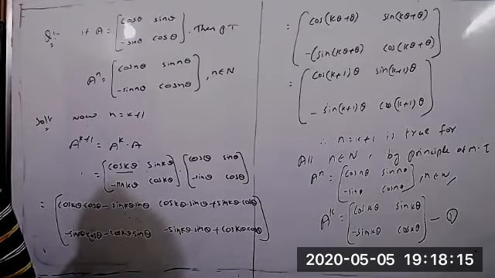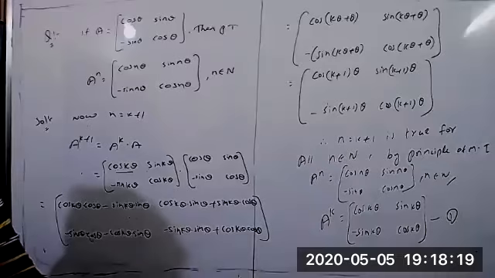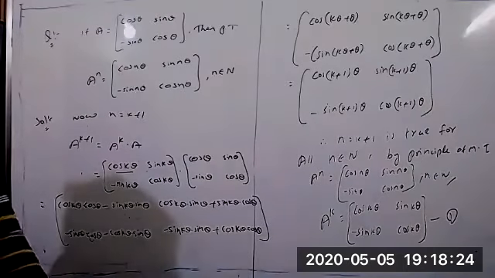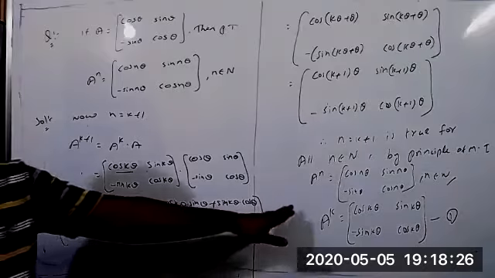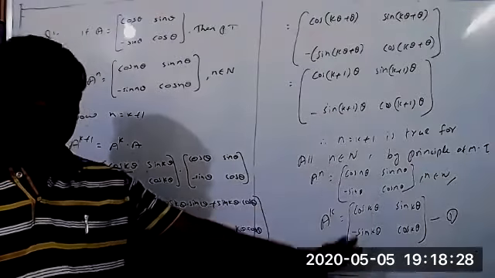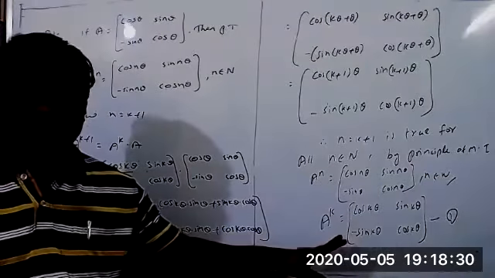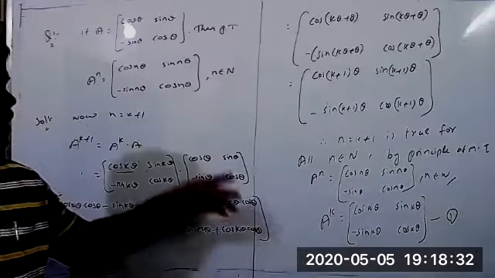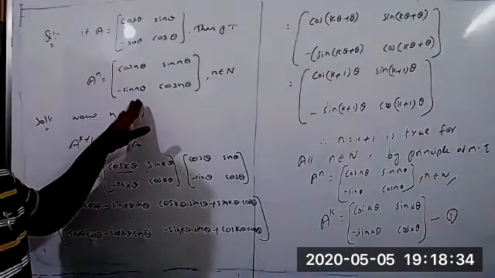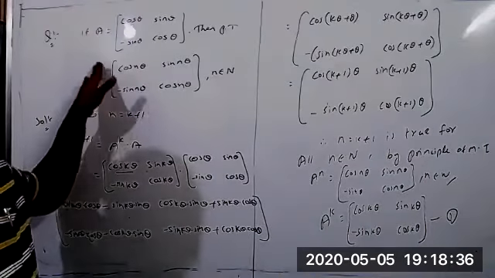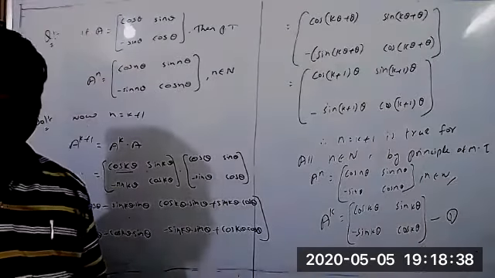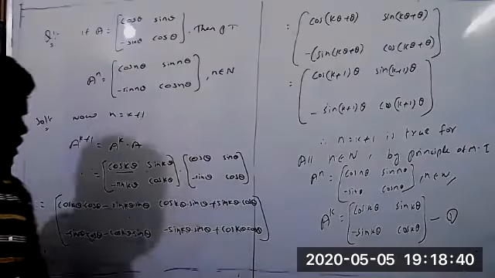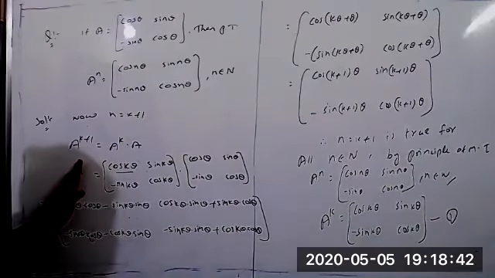Understood? Yes, sir. You already learned mathematical induction last year, and there you did the same thing. But you should remember that up to n equal to k is very easy because there is no calculation, nothing. We are just writing n equal to 1 directly. In this problem, matrix only n equal to 1 one time, we are substituting directly. So in this problem, you should remember this is the more important thing.